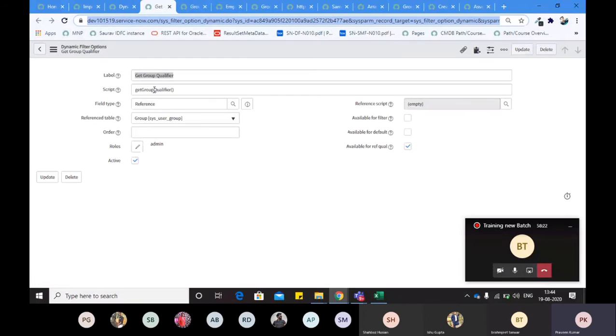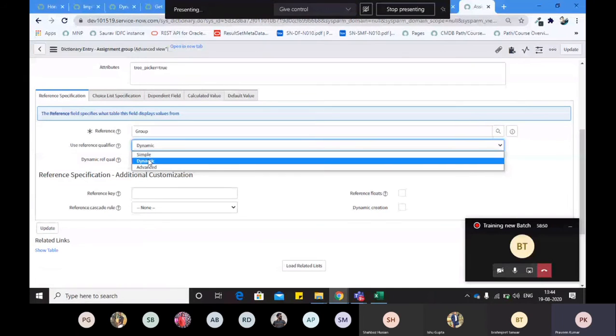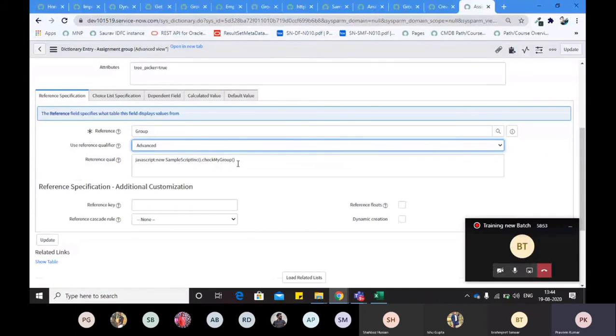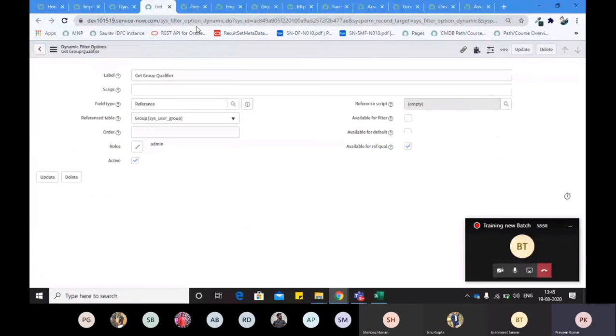So what it is doing, it is basically calling a script, get group qualifier, on a particular table, meaning on the group table it is running and it is available for reference qualifier. So basically you have to create this record first, right? And here in the script part, if you want to use your dynamic reference qualifier, you can choose the dynamic reference qualifier option here, and paste the same code there.